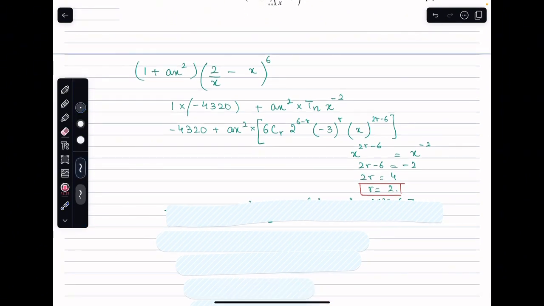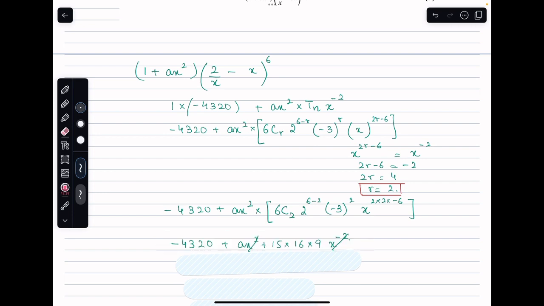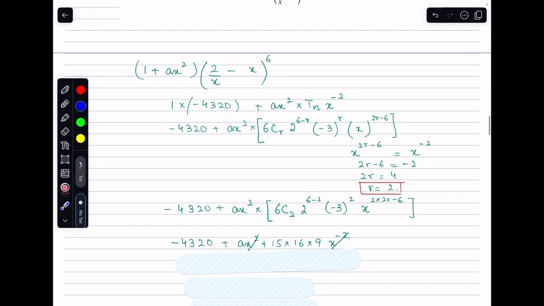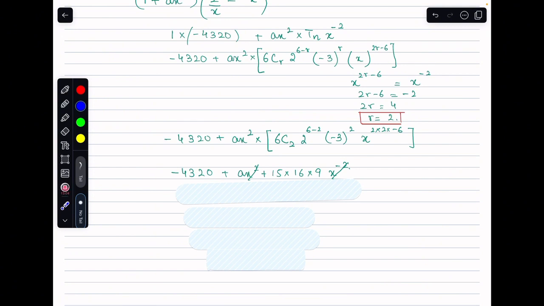So substituting r as 2, I should say now that this is going to be negative 4320 plus ax squared into 6C2 into 2 to the power 6 minus 2 minus 3 to the power 2 and x to the power 2 times 2 minus 6, which gives me x to the power negative 2. So x to the power negative 2 here, which when multiplied by ax squared,